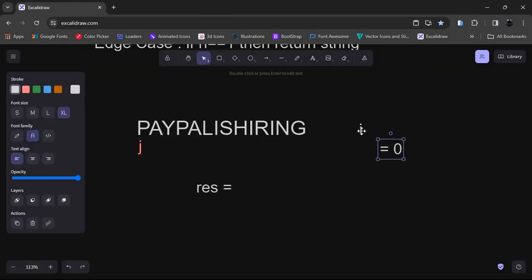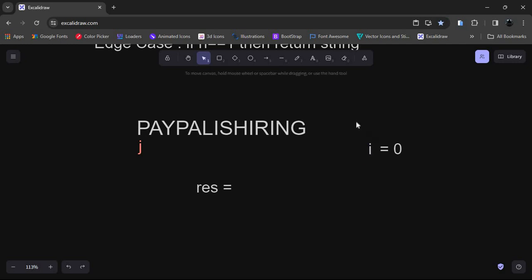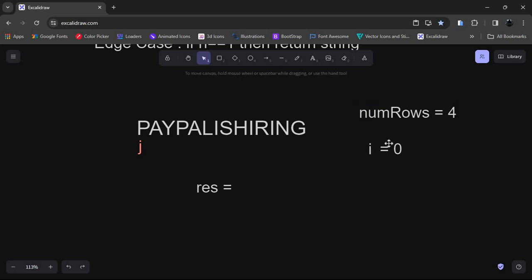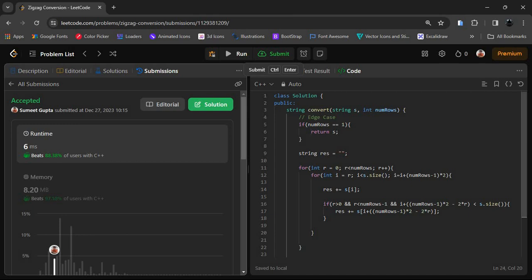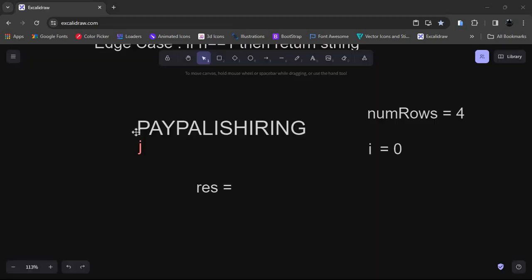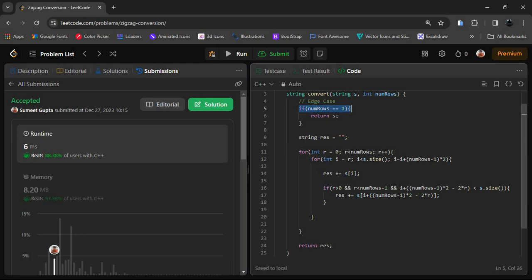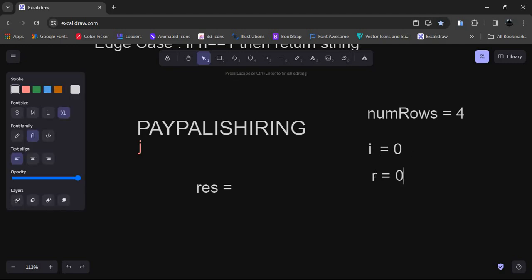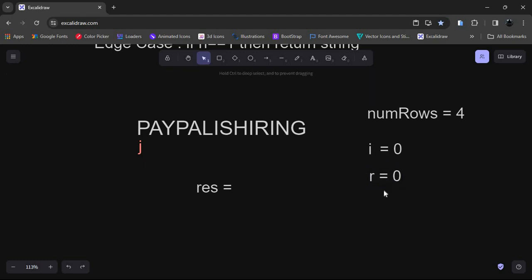So first of all, the I, where row will be 0, and num rows will be 4. Now row will be 0, so first we are going to check if num rows is equal to 1. It's not 1, so we are going to run this for loop. Okay, so r is 0, so let me create an R which is 0. So this is row 0. So row is 0 at the starting,